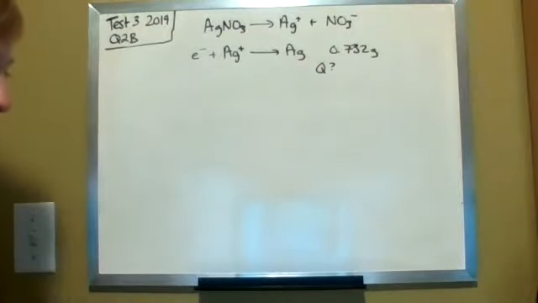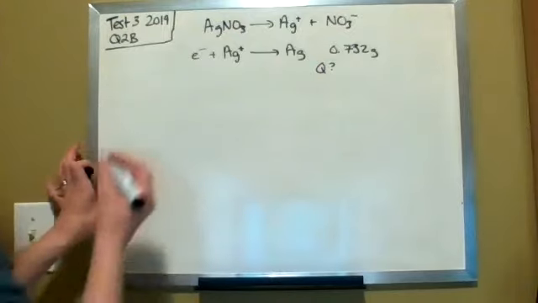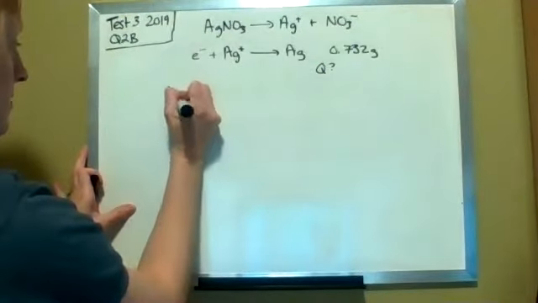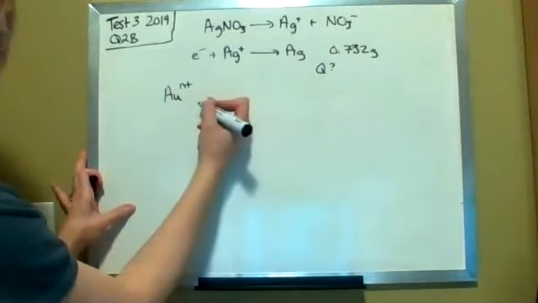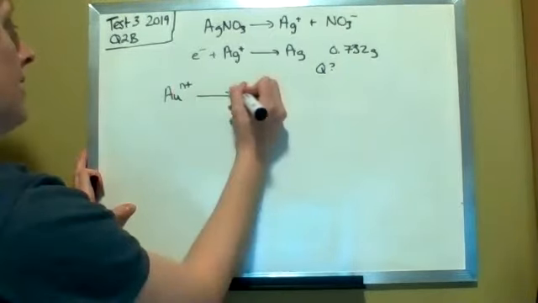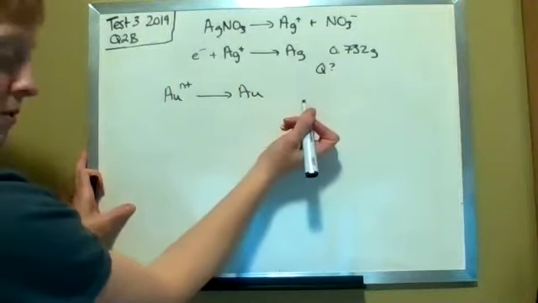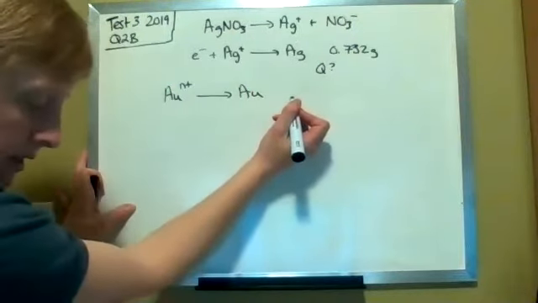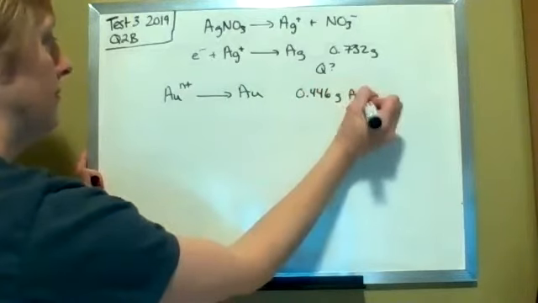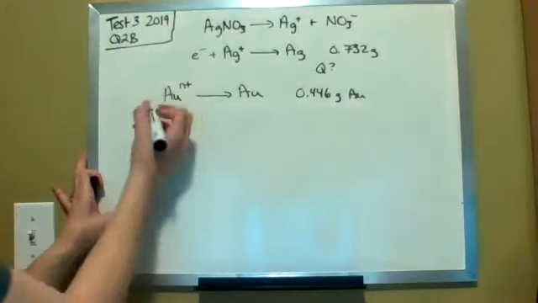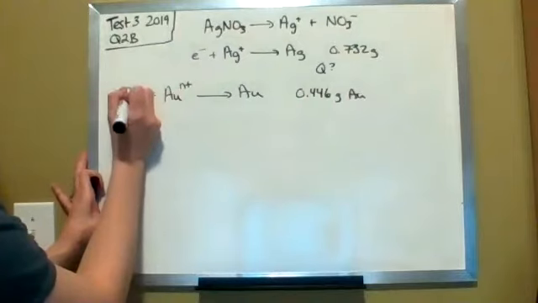Now the next part says when you pass that same quantity of charge through a solution of a gold salt, you get a certain mass of gold. You're just told that it's a gold salt, so you don't know what that salt is or its oxidation state. So we can call it gold n plus. We know it's a salt, so it's broken down into its ions in solution, and we are depositing pure gold, 0.446 grams of gold. To balance the rest of this equation, we're going to need n